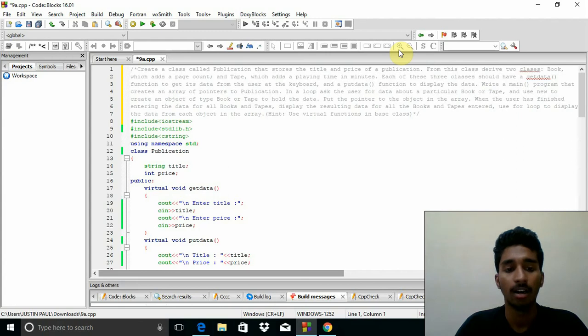I have started with the header files: hash include iostream, then stdlib.h, and then cstring, using namespace std. It's the standard library for input and output operations. And then here I have declared a class publication. Inside that, as I have to store the title and price of the publication, I have taken a string variable title and price as int, and then in public I have